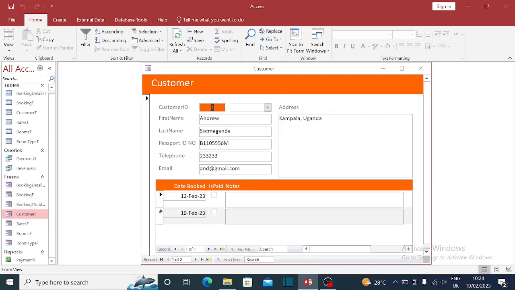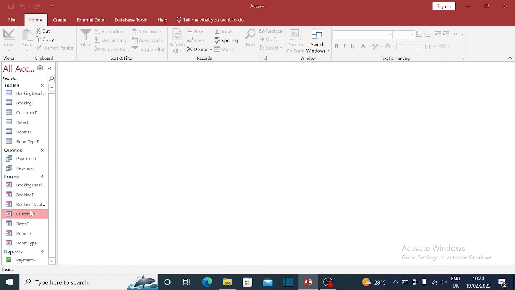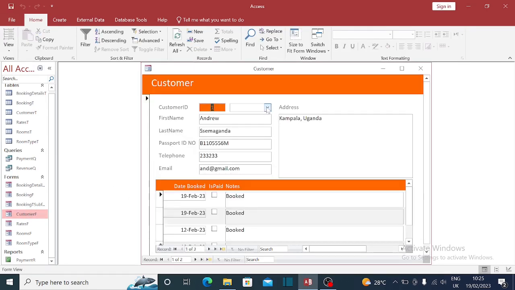Because when I go ahead to book this customer, I just type here. Of course, the booking date is 12th. You can even put here booked, and that's it. So I've made one booking here. So when I go to this customer, you can make a new booking. Sorry, here say booked. You can continue booking, booked, like that. So when I click here, I'm able to see the bookings made by